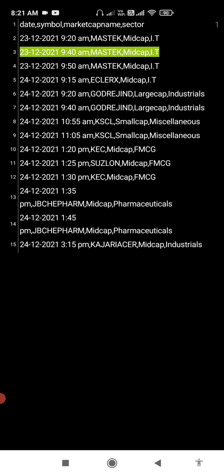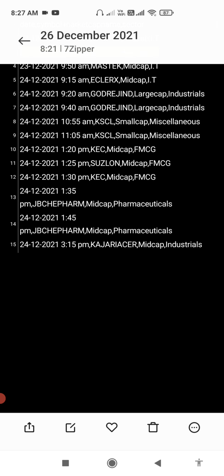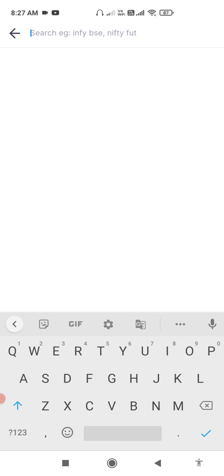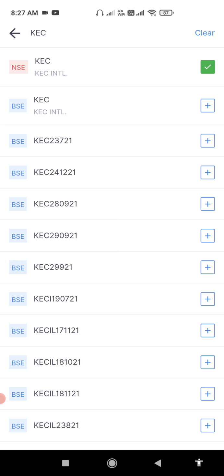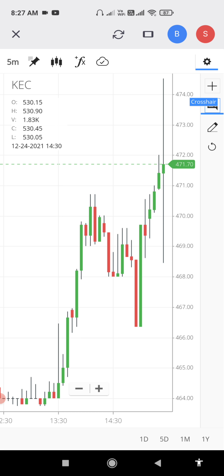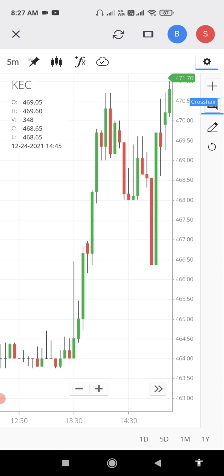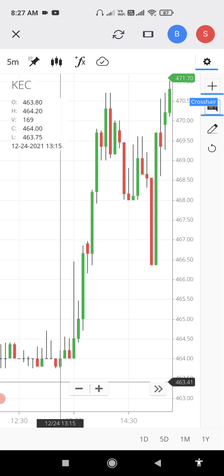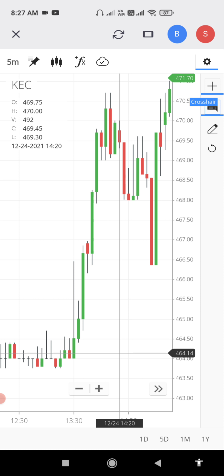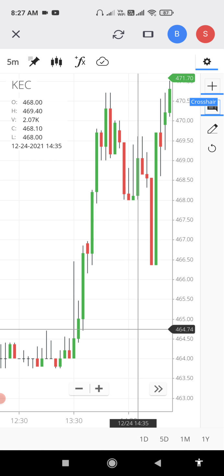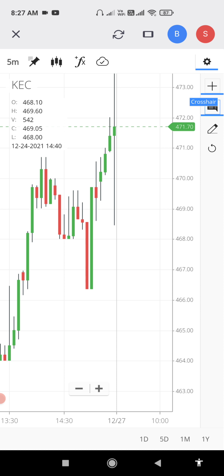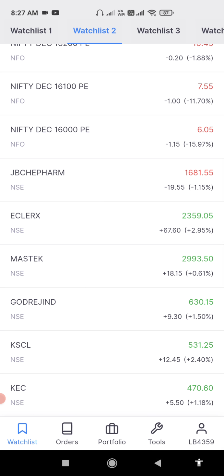Next, 120 24 12 120 KEC FMCG. See this rally. What a beautiful rally. This is the 120 candle, and the previous candle is your stop loss. It's not hit, and see this rally. Even when it falls down, your stop loss is here and it's not hit, and after that again it rallied and made a high again. So this is the power of my scanner.